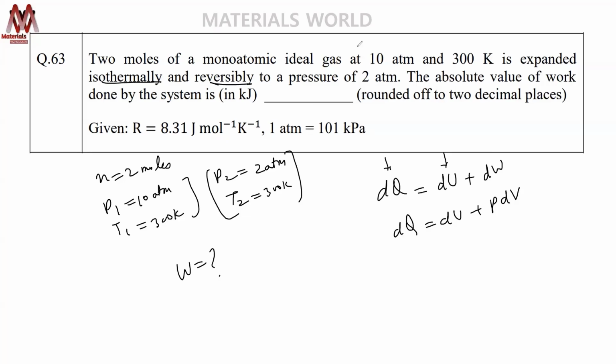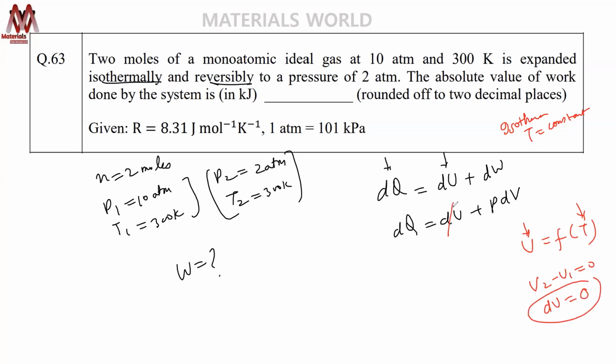Now if it is isothermal process, isothermal is temperature is constant. Remember, this internal energy is only function of temperature, nothing else. If temperature is constant, that means U2 minus U1 will become 0. Because temperature is not changing, U will not change, internal energy will not change. That means dU will become 0. If this will become 0, your